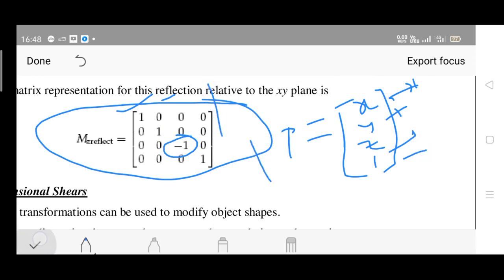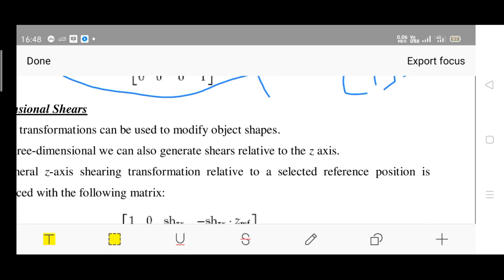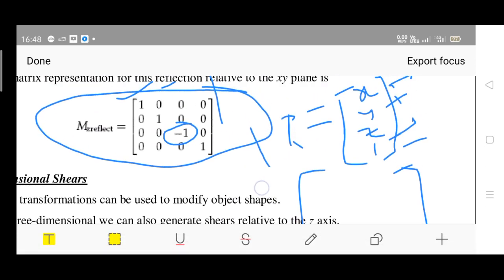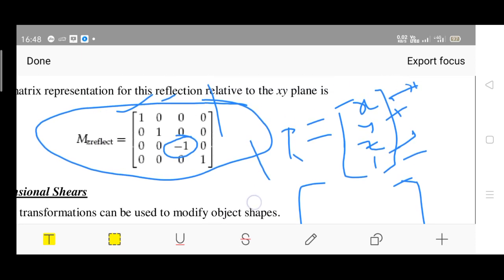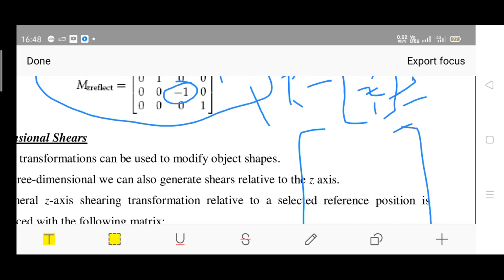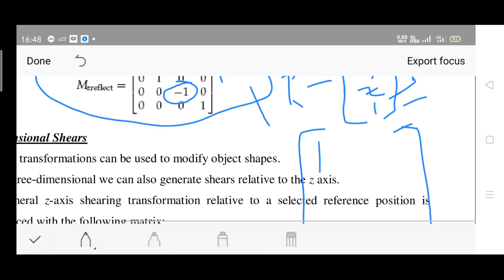So how to mention those equations in the 4 cross 4 matrix format? The first row contents are the coefficient of x, coefficient of y, coefficient of z, then finally the constant value. So what is the coefficient of x? Check here, in row number 1 we have x only, there are no y or z parameters. So the coefficient of x we mark as 1, y is 0, z is 0, the constant value is also 0.